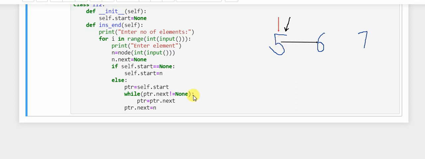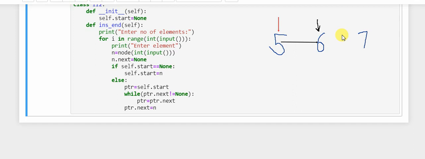So our while loop is going to run, and ptr is going to point at the next node. ptr equal to ptr.next is saying that the ptr pointer here is going to point at this node now and not this node. Our pointer is here now, and the while loop is going to run again, and this time the ptr.next part here is equal to none because it hasn't been connected with this node yet.